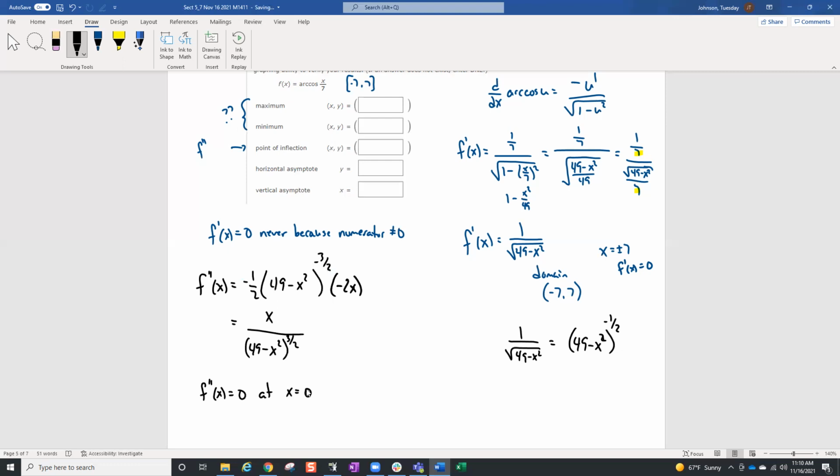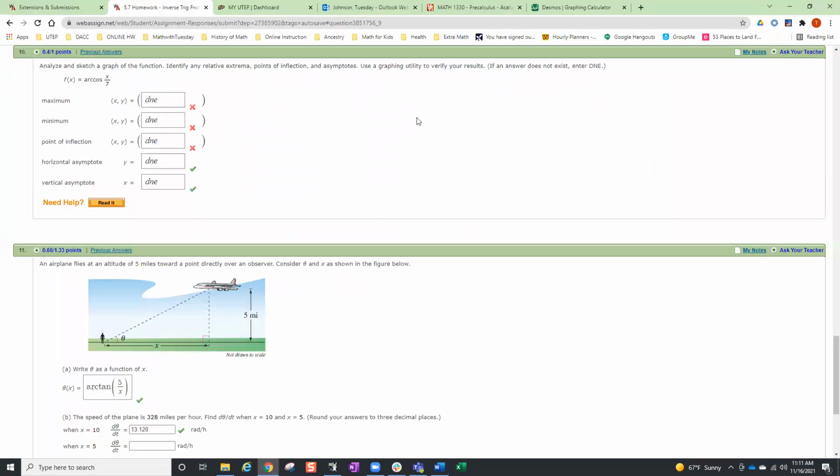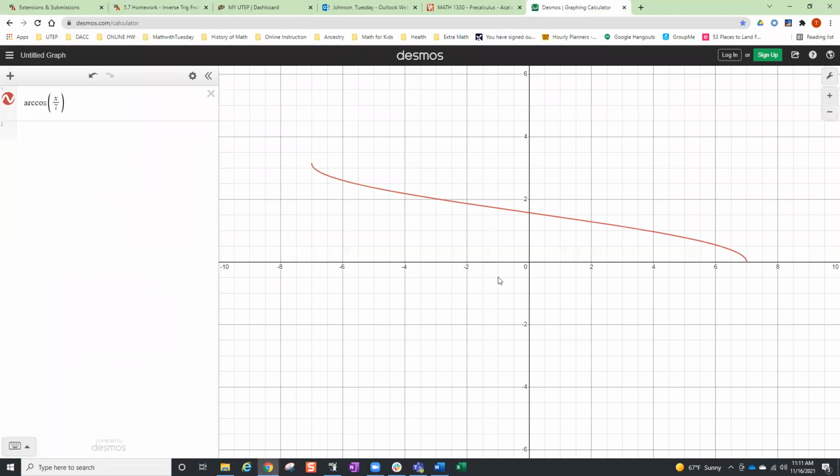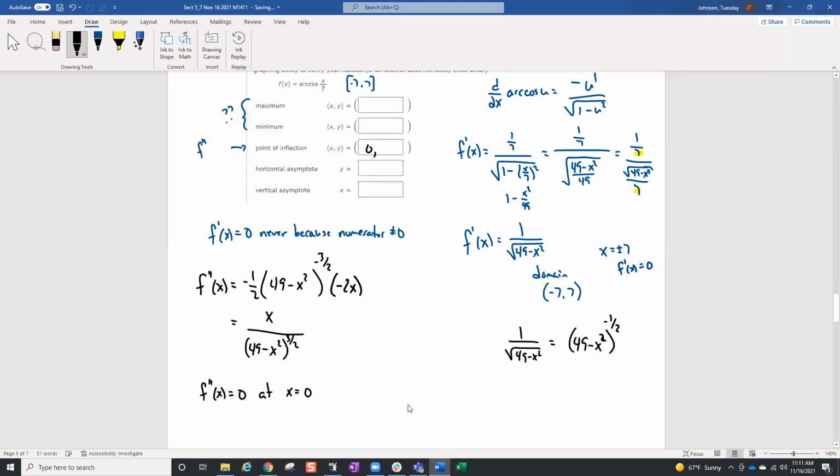Again, the numerator is going to tell us we're at 0. So we will have a point of inflection at 0. Let's see if we can see that in our graph. So this is cupped up, right? This is cupped down. So it had to switch somewhere. I'm going to call it 0 and pi over 2. How handy, I didn't have to evaluate that. 0 comma pi over 2 because